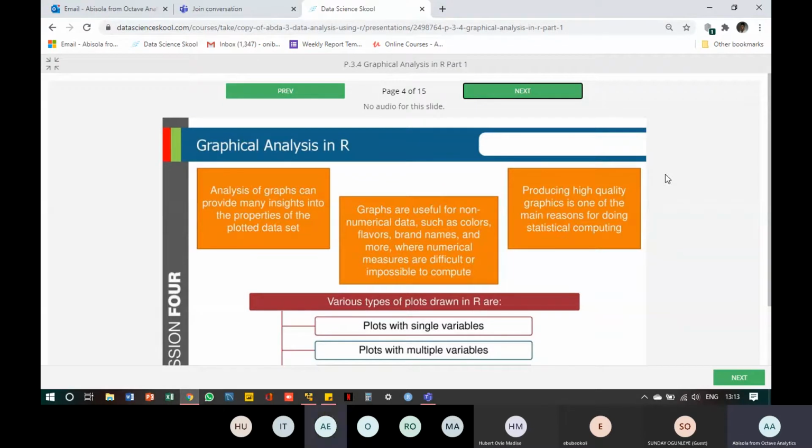Graphs help you to provide insight into your data, of course, and statistical analysis requires you to create graphs to be able to further